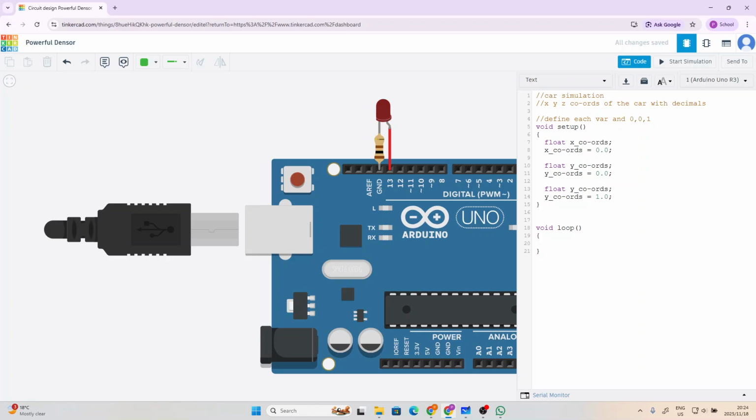Okay, let's expand on this program here. We want to know if the car